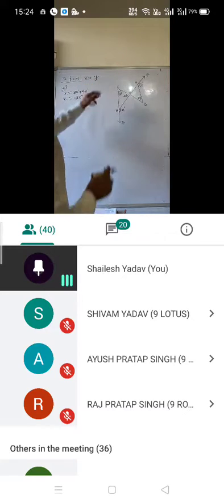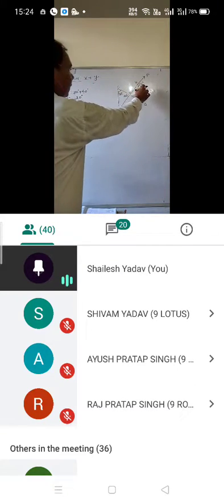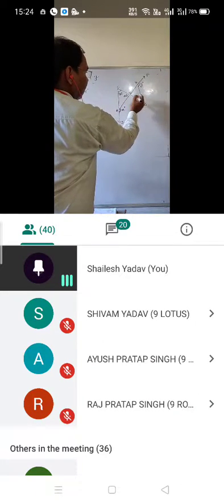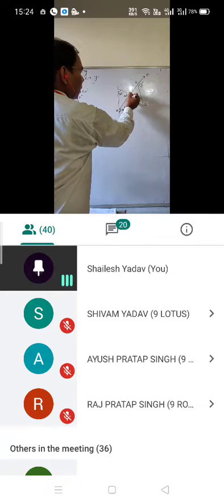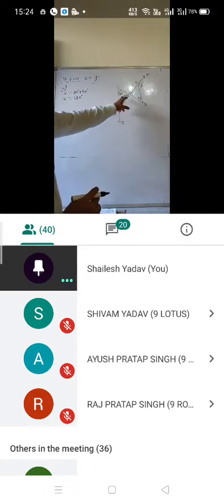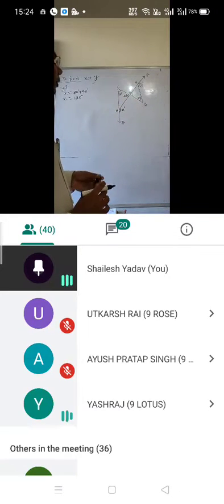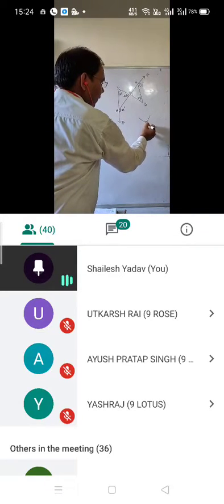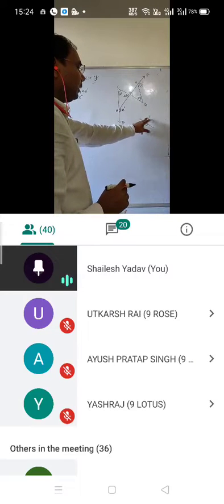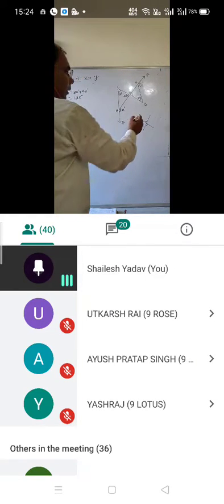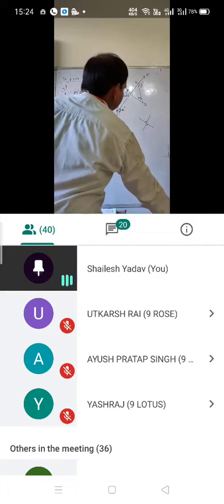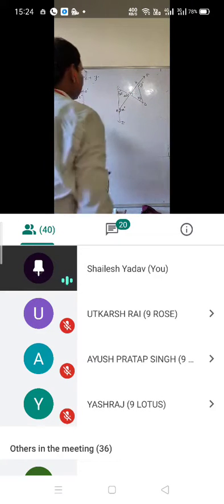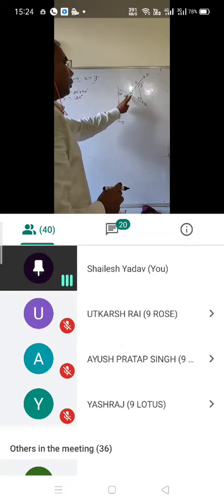Now to find x plus y, y is also required. Y is given here. Now in the triangle BOD, only one angle is given, but here you can find these two angles. What are these two angles called? They are called vertically opposite angles. If two lines intersect like this, the opposite angles formed are called vertically opposite angles, and they are equal. So if it is 40 degrees, then it will also be 40 degrees. The reason you can give is that these are vertically opposite angles.